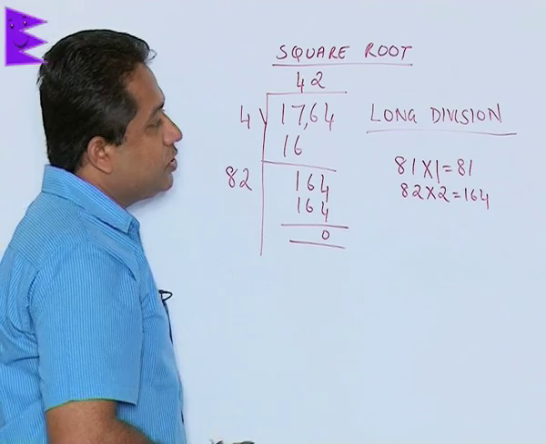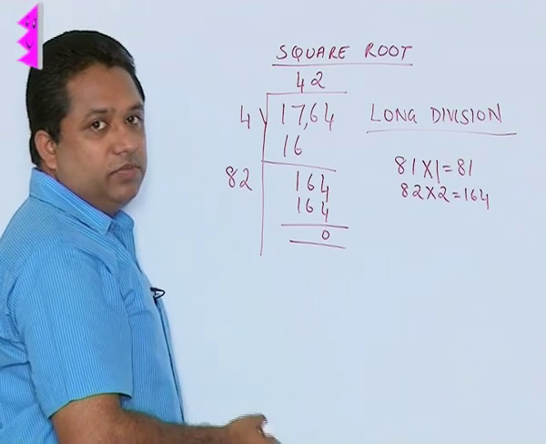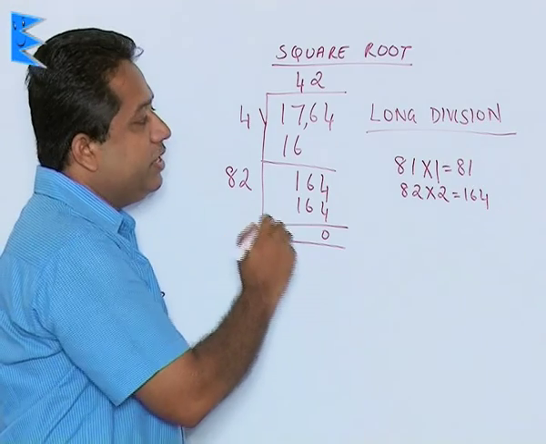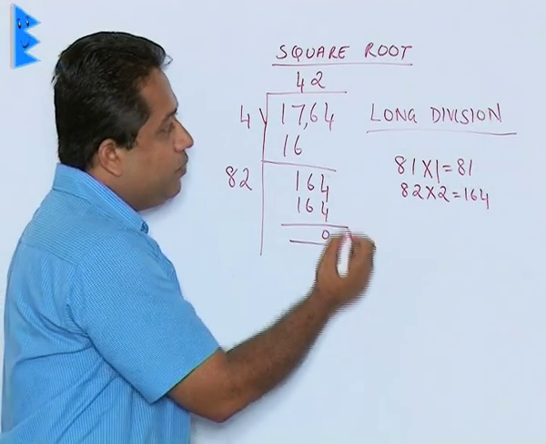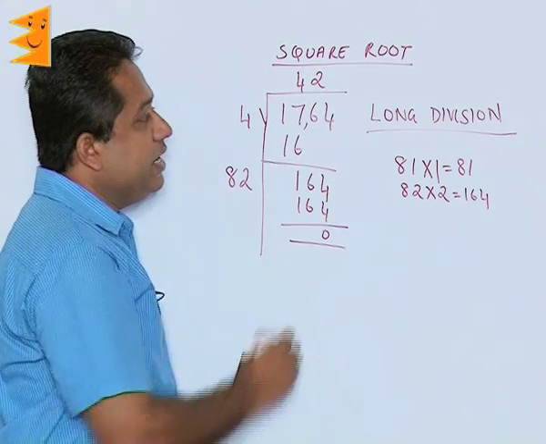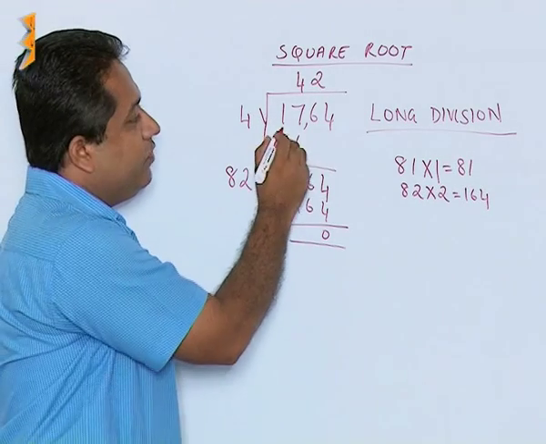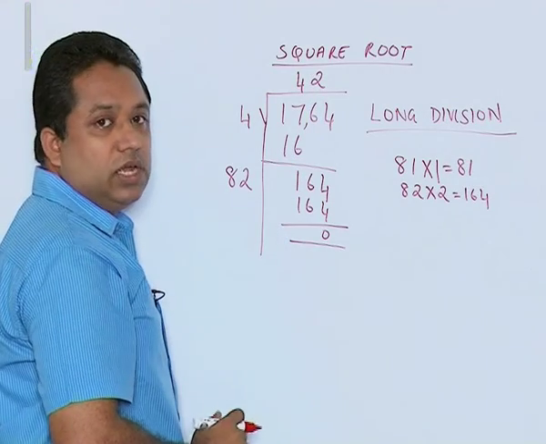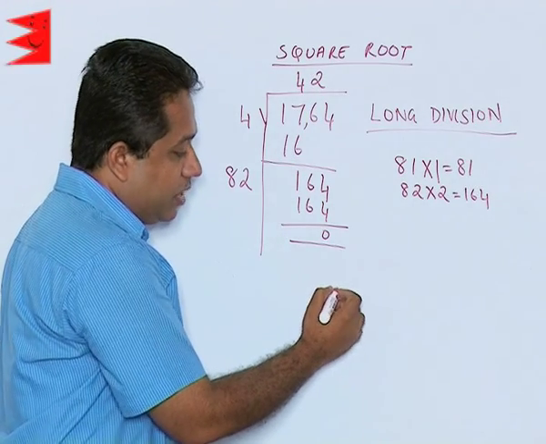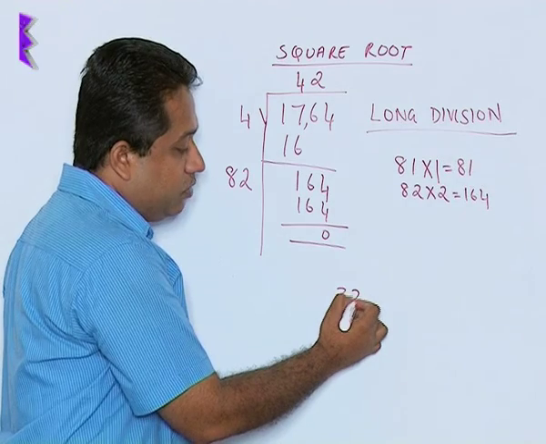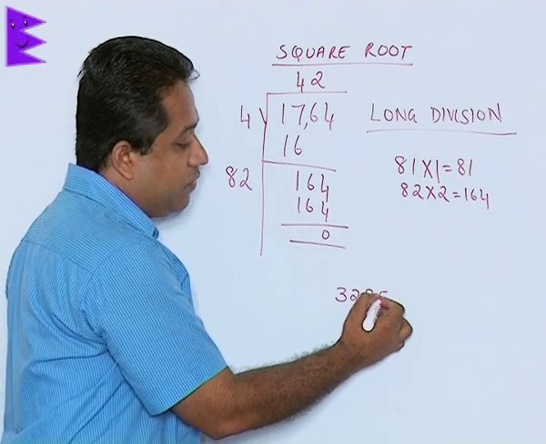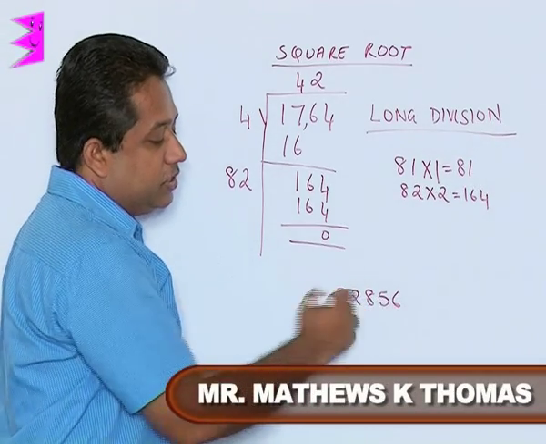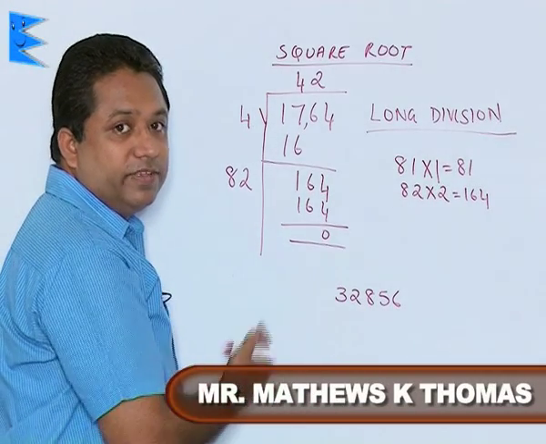We can repeat this process with 2-digit numbers, 3-digit numbers, 4-digit numbers or n number of digits. That number of digits will just help you find out how many digits the answer will have. So, if we have 1764, we have two blocks, therefore, this will have a 2-digit answer. Suppose an oral question is asked: if we are finding the square root of 32856, for example,